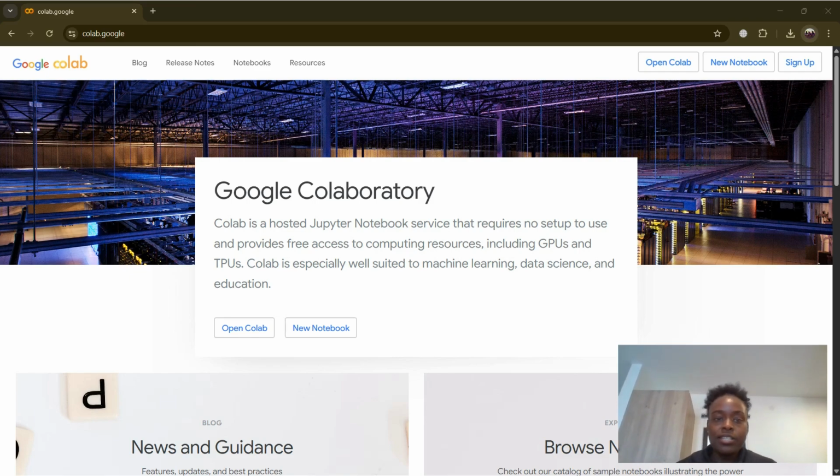Hi guys, so let's review this tool, Google Colaboratory. It's hosted by the Jupyter Notebook service, and therefore it requires you not to set it up, because it provides you free access to computing resources, has GPUs and TPUs. And before we dive into that, I just want us to understand